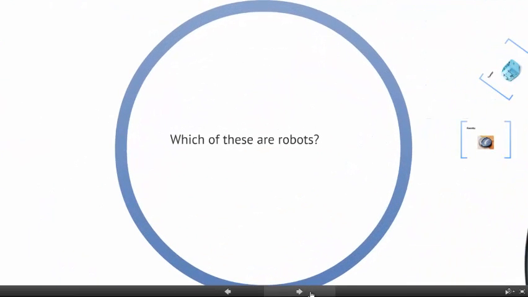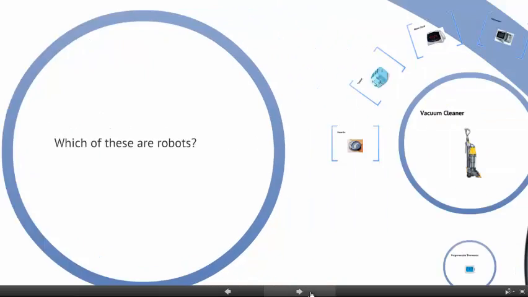We're going to look at a few different examples. I want you to think to yourself, what will each of these be? Does it meet those four criteria that we talked about? And would we consider this a robot? So once again: mechanical device, programmable, carries out a set of instructions, and performs a task usually done by people or desired to be done by people.